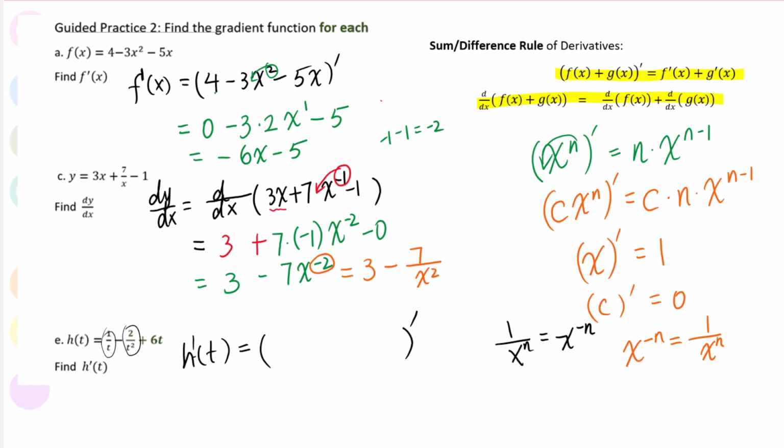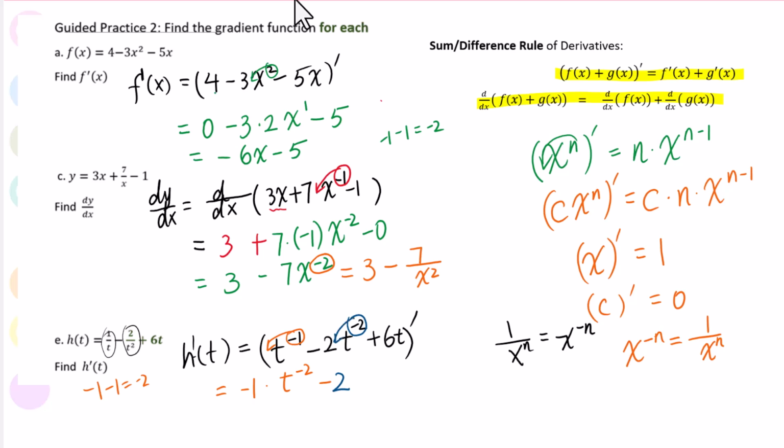The derivative of t to the negative first power minus 2 times t to the power of negative 2 plus 6t. Then use the power rule. Drop down: equals negative 1 times t to the negative 1 minus 1 is negative 2, negative second power, minus this 2, bring down